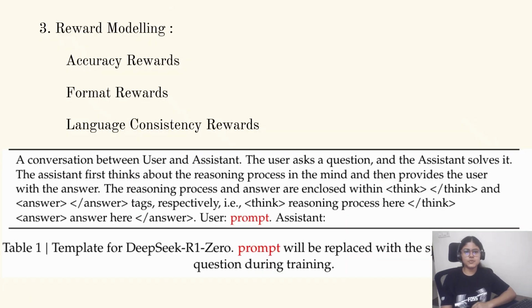If you see here, they have a user prompt where there are answer tags and think tags. Within the think tags, the reasoning process is supposed to be mentioned, and within the answer tags, the answers are supposed to be mentioned. They call it an aha moment, because without even telling the model how to reason, just using these XML tags, they were able to achieve this, and the model did give output. They used two reward models here. One was the accuracy reward, which uses the LeetCode compiler to verify coding answers and a deterministic system to evaluate the mathematical processes, ensuring that whatever is answered is answered correctly. The other was the format reward, which used an LLM as a judge to ensure the responses are in the expected format, such as placing steps inside the thinking tags.